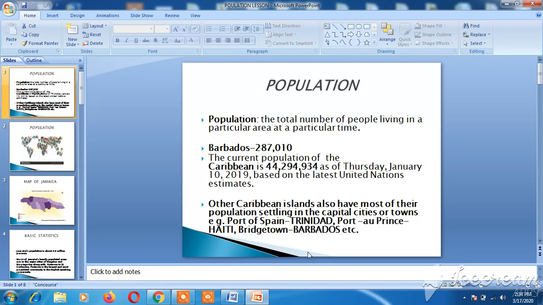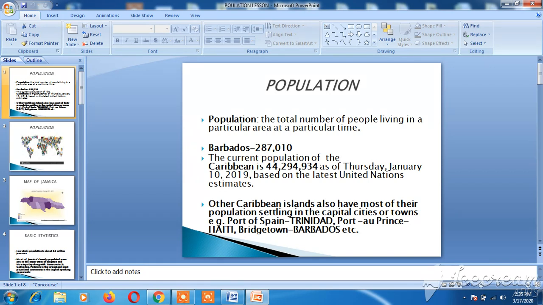For example, you can say the population of Papine, you can say the population of Mona, you can say the population of Portmore. Just like how you can say the population of Jamaica or Trinidad. Right? Now, there's an example right here that talks about the population of Barbados, which is actually over 287,000. Alright? While the current population of the Caribbean is over 44 million persons, as you can see right here